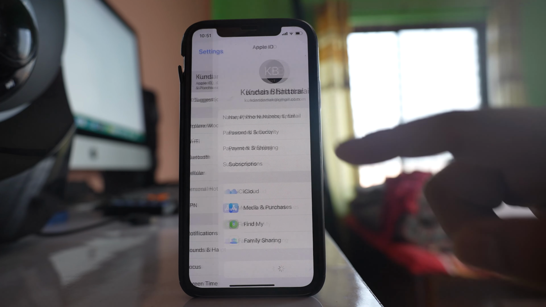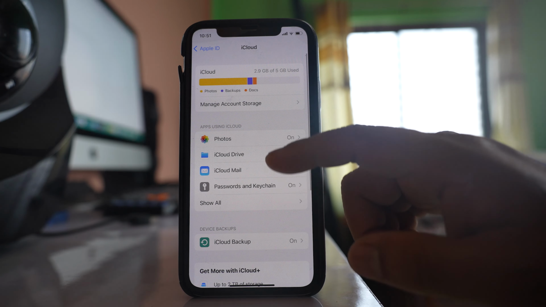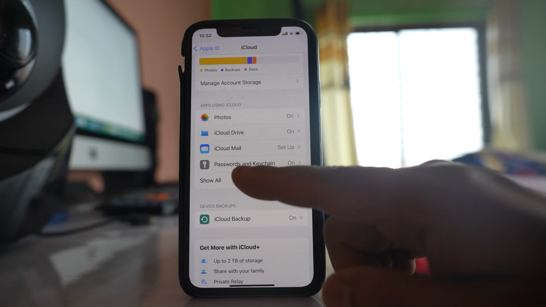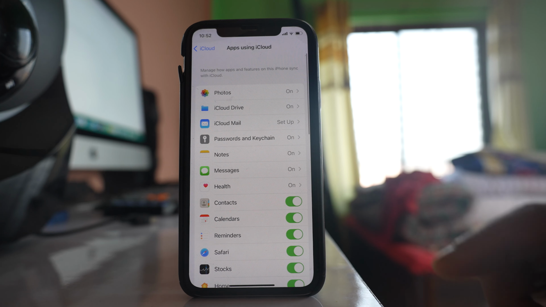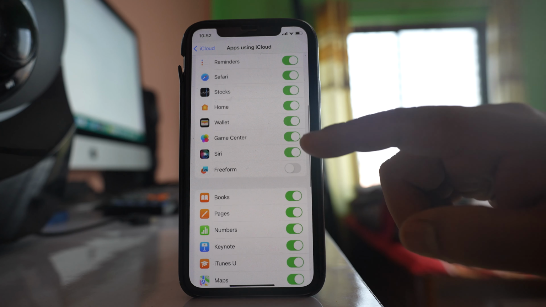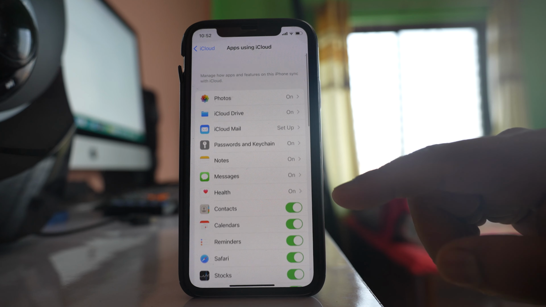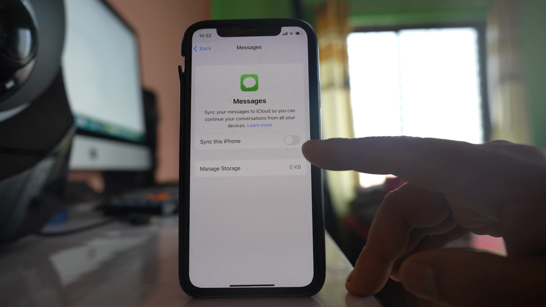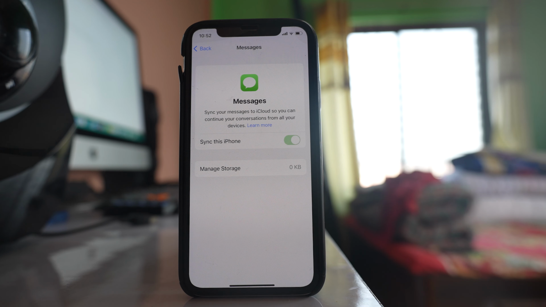The last thing that you can do is go to Settings here, go to the name at the top, go to iCloud. Now here you will see the applications that are currently using iCloud to back up the data. I can select this option, Show All, and if you see any applications that are not using iCloud to back up, then you can enable that application. For example, I can go inside this one, and if it is not enabled, you can select this option, Sync this iPhone, so that all the data of the application will be backed up to iCloud, and then you can delete the data from the application, which also makes space free in your iPhone.